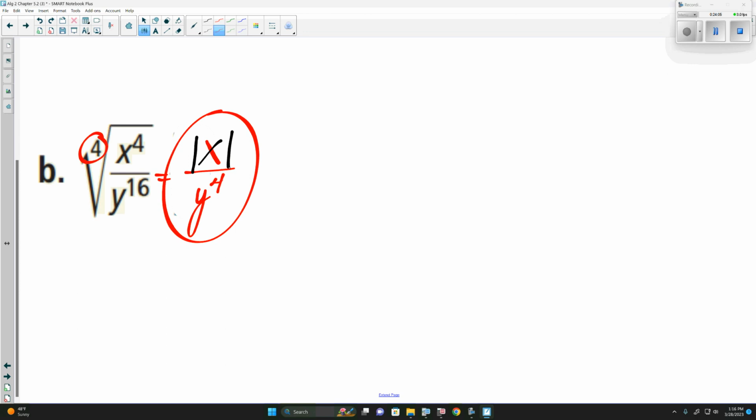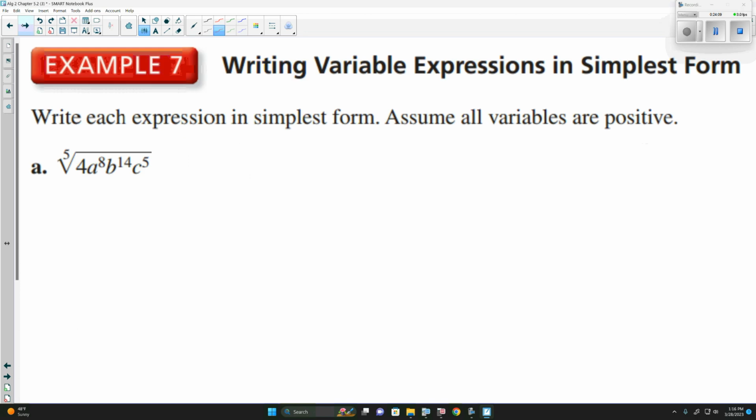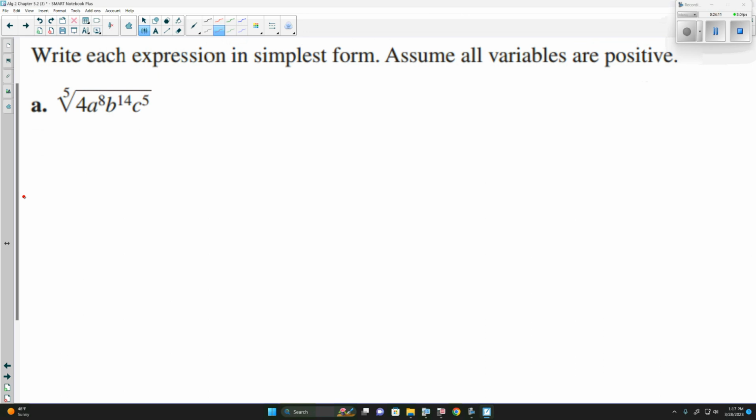Questions on this here? Now, this one here is again doing the exact same thing. So we're taking the 5th root. Yes? Now, if we look at, say, the 5th root of 4,